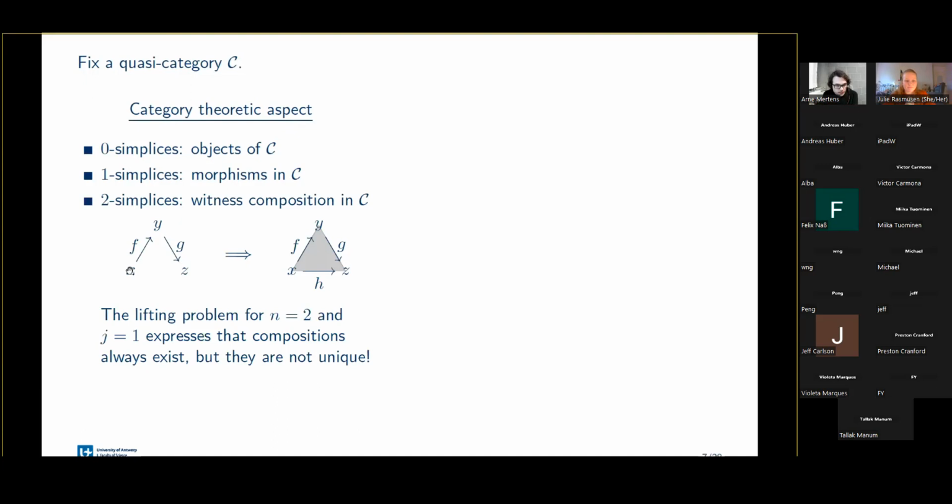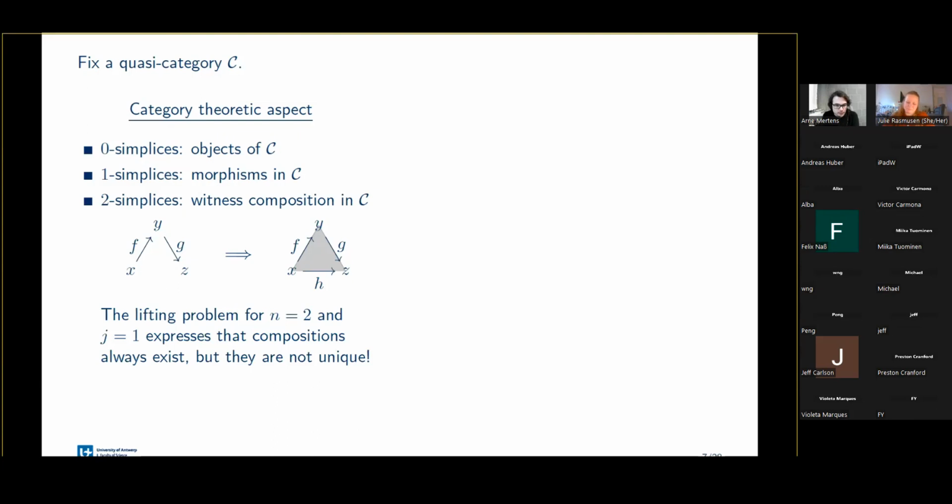So a horn like this is one possible shape of a horn. This can be filled by the lifting condition which we impose, this weak Kan condition. It can be filled to an entire two-simplex, like so. This always exists. And then the bottom face here will be considered a composition of f and g. Notice, a composition and not the composition, because we only demand this filler to exist, not to be unique. But that's okay, because whatever composition we find will be unique up to a notion of homotopy, which I will explain now. Okay, no, first, the degenerate one-simplices will then become the identities of the quasi-category.